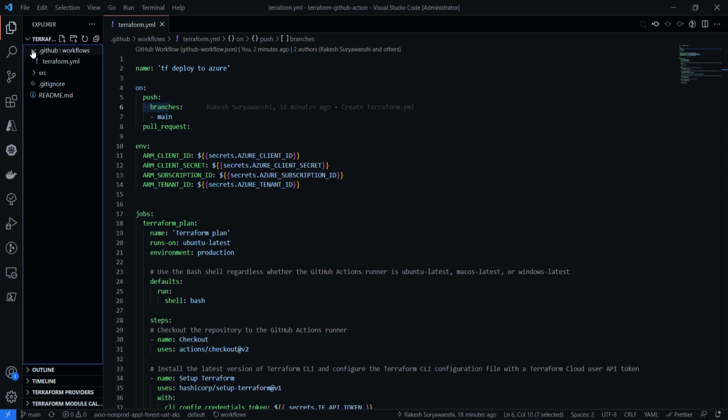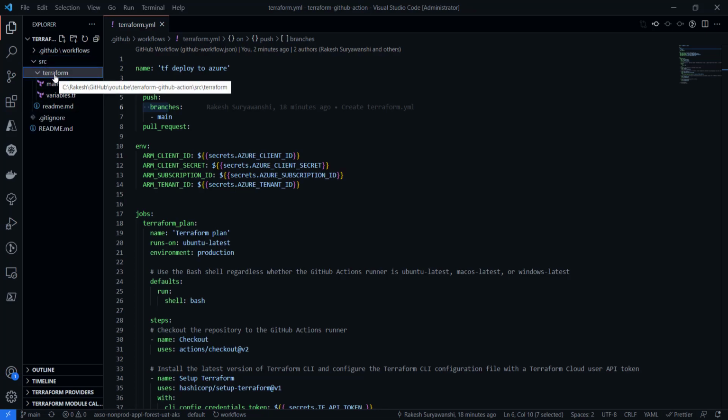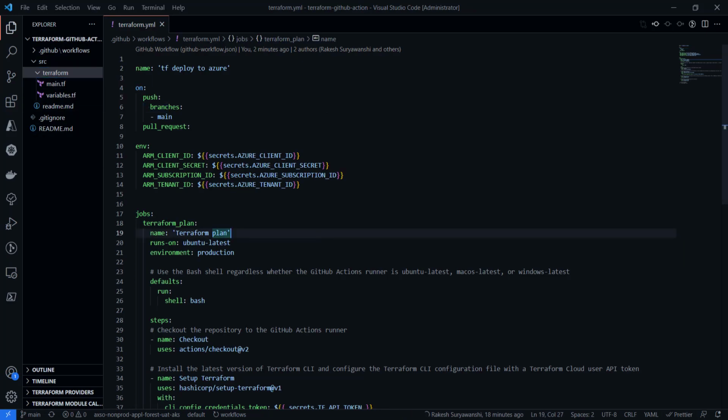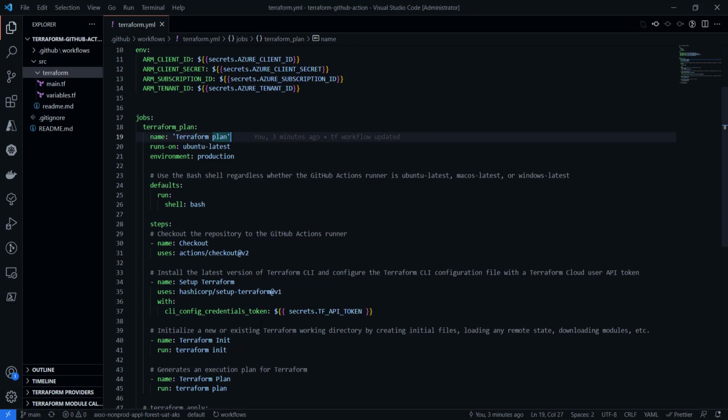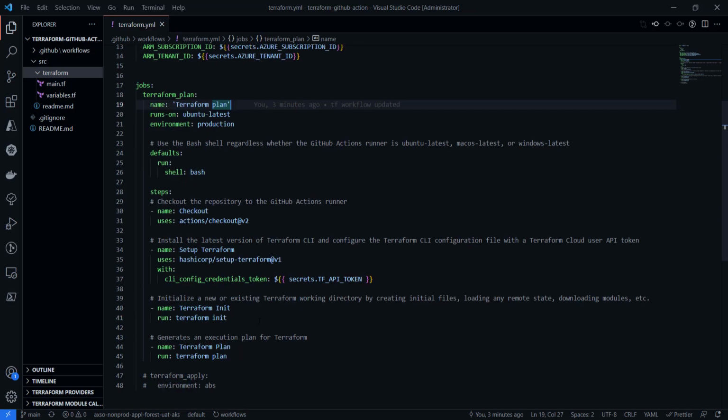It runs on the root directory of your repository, whereas our source code is not there in the root directory itself. If I had written my entire Terraform code directly in the root directory, it would have run. But in this case, our source code is in an inner directory, under this src, where we have the Terraform folder, and then our Terraform files. So it means that for these stages which are running, we need to specify the directory on which we need to run these commands or stages.